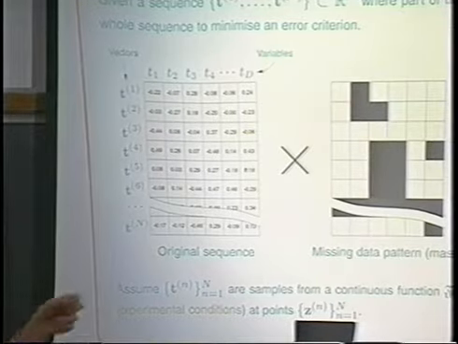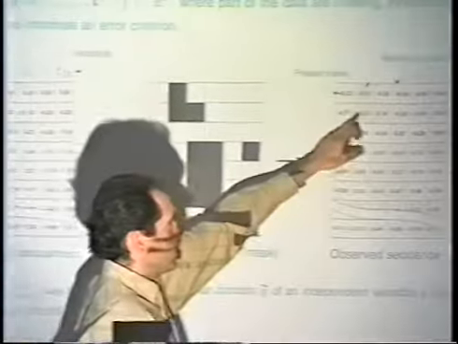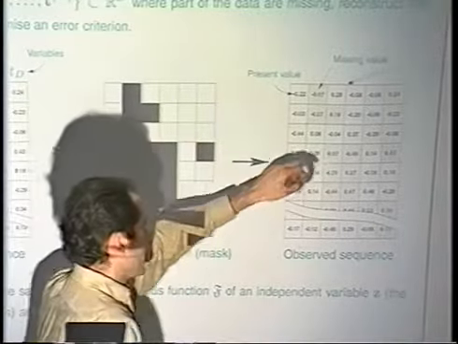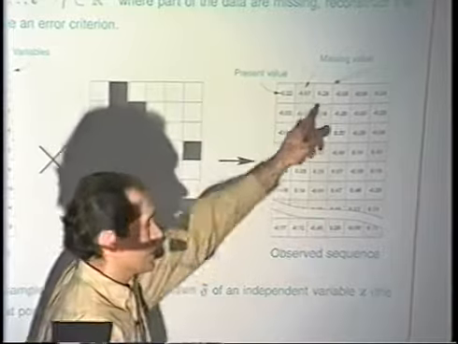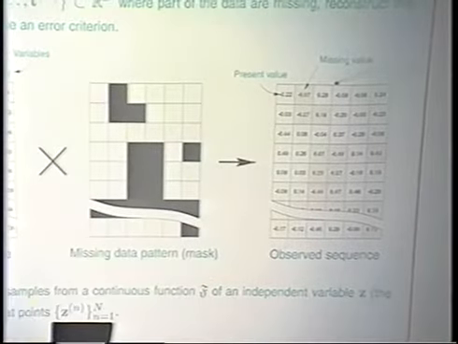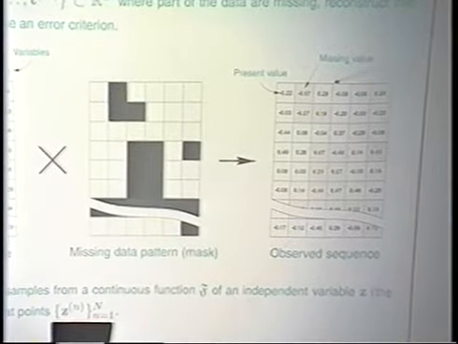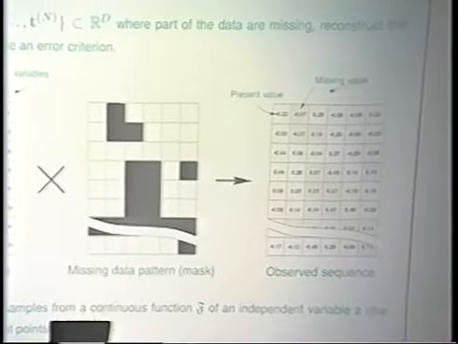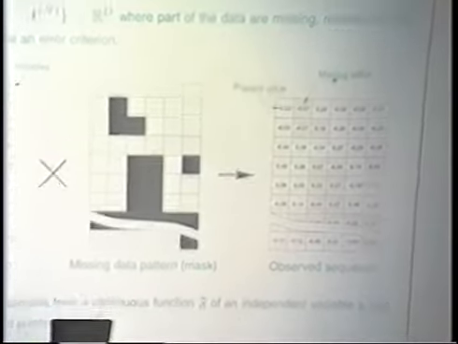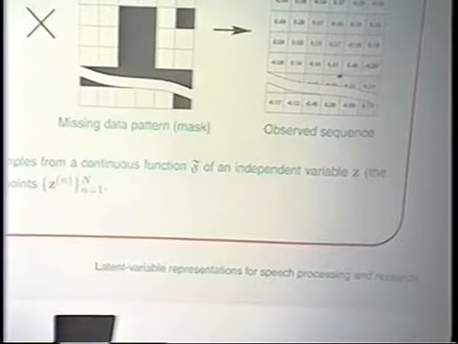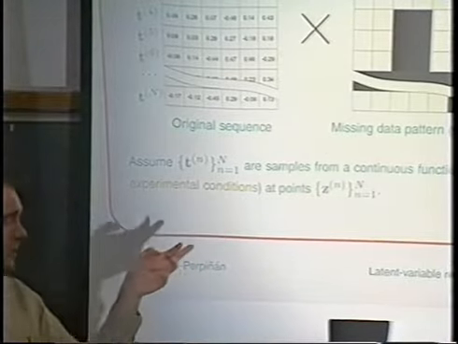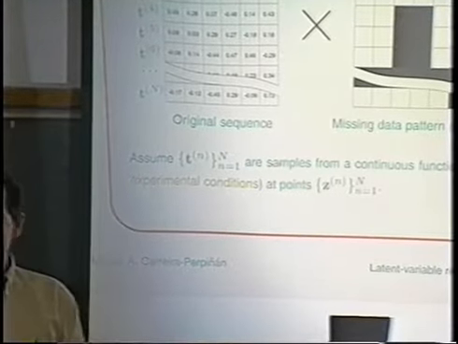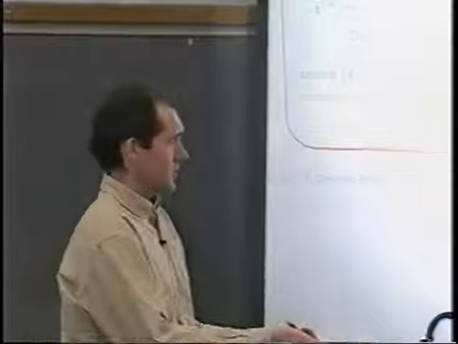That means that if I reconstruct this value with an arbitrary value, then I have to make sure that it is not too far from this vector and from that one. That will help me to choose the right ones, if I have many to choose from. So I will assume that these observed vectors are actually samples of a continuous function of a variable set. This variable set would be the time for an utterance. I sample something in time, and I know that it depends continuously on that.